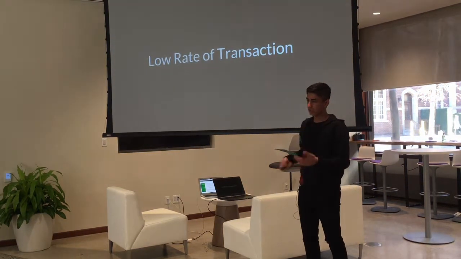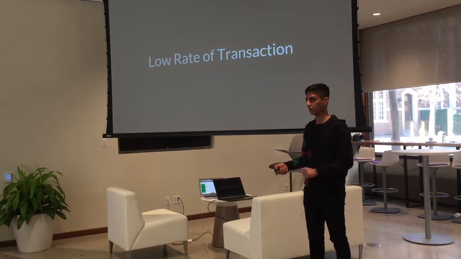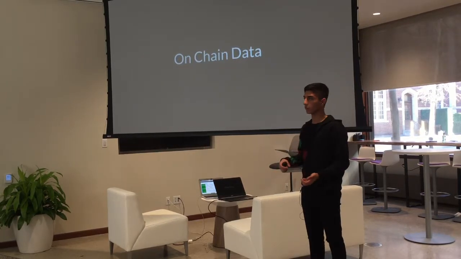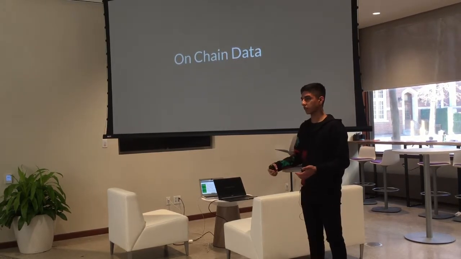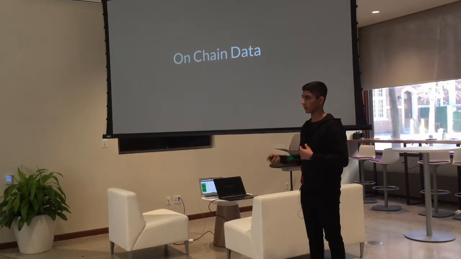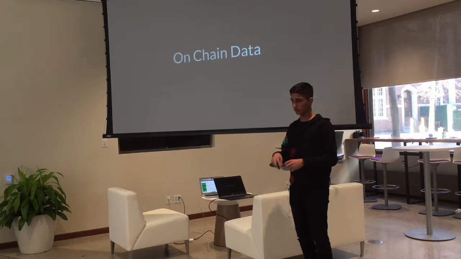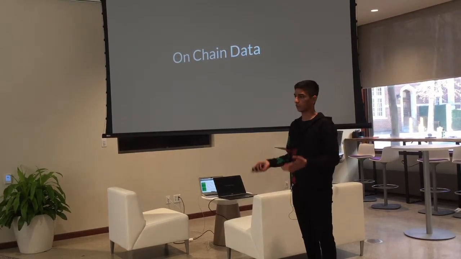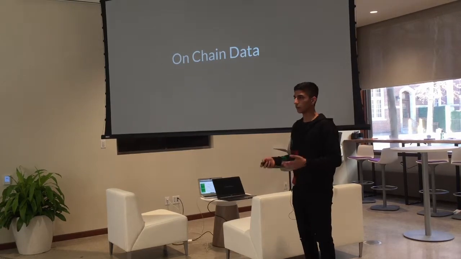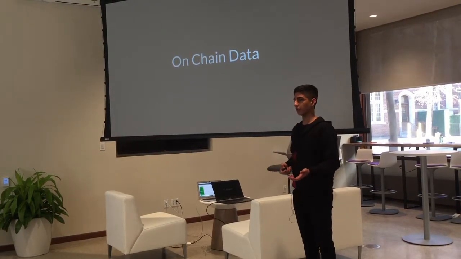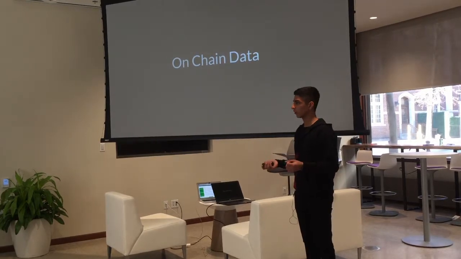One is you can't have a lot of transactions going on in 1 second. And there are people who are fixing this. But the other, which is what I run into, is blockchain is deterministic. And you're only limited to on-chain data. So in my case, if I wanted to make a random number using only stuff that's available to me, one big thing available to me would be block number and block timestamp, which gives me details about the last block. People already know about that. So it's not truly random.